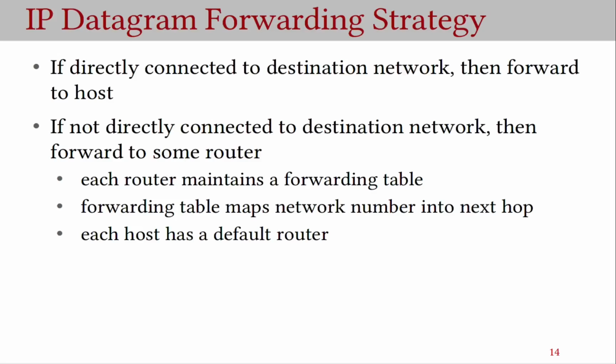If the node is not directly connected to the destination network, then it's going to forward to some router. Typically, routers have choices of which router to send to, and so each router maintains a forwarding table that has this form,